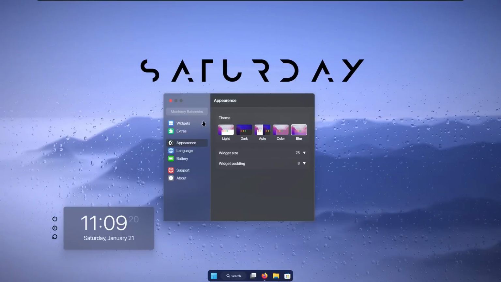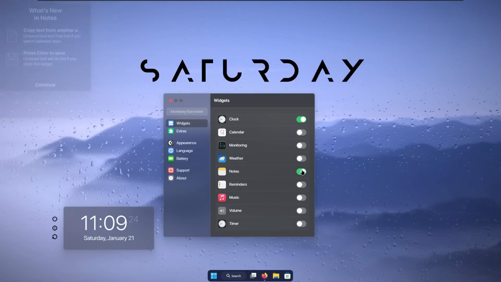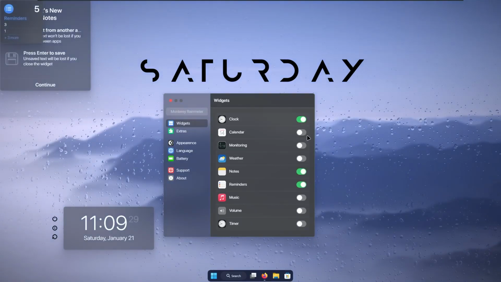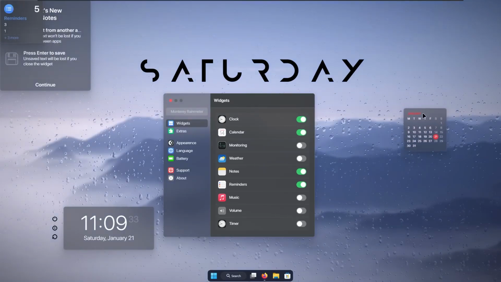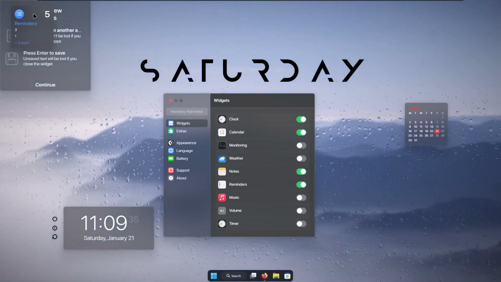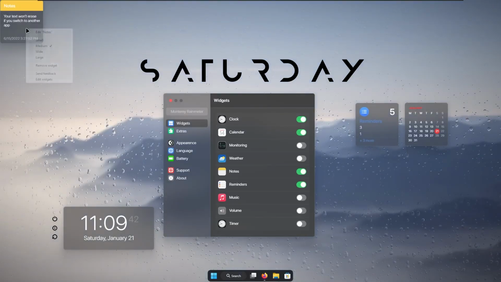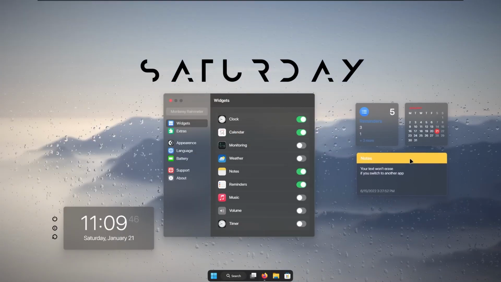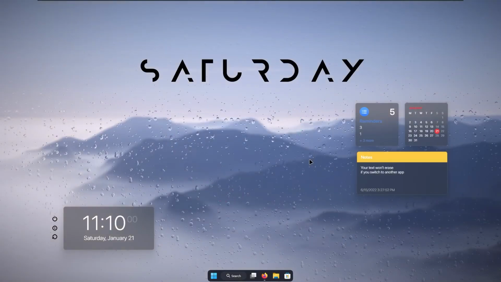the best. Let's go to the widgets here and let's add a few more to the desktop. I will add notes. I will also add reminders, and I will also add the calendar. Now let's move the calendar somewhere here. Let's move the reminders somewhere here, and let's click continue on the notes widget, and let's right click on the widget and select here white. Now I will place notes down below, reminders, and the calendar widget, and I think this is pretty much it